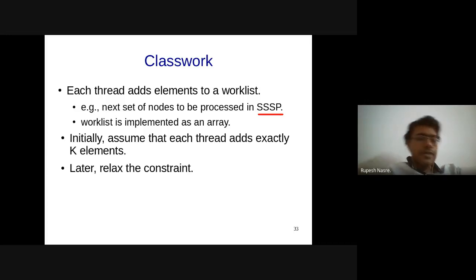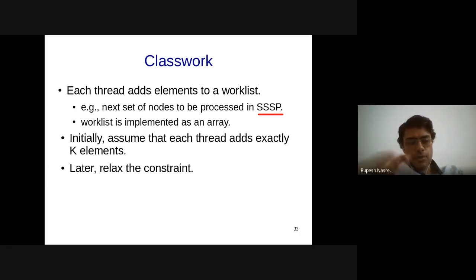So since we said that the GPU is good at data parallel processing, one of the ways in which this can be done is that let threads have their own fixed location. Since everybody is going to insert exactly k elements, we'll give everybody k-size chunks, right? So thread 0 gets 0 to k minus 1, thread 1 gets k to 2k minus 1, and so on. If this is already known to threads, they don't need to synchronize at all amongst each other, right? What is the downside of this?